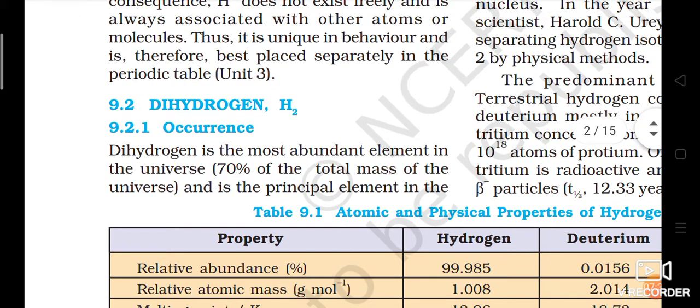Let's move on to occurrence of dihydrogen, that is dihydrogen H2. Dihydrogen is the most abundant element in the universe. This is a very, very important sentence. Many students get confused in this with the words universe or world or atmosphere. Dihydrogen is the most abundant element in the universe. Universe is the most important word which matters a lot there. Underline it. It is 70% of the total mass of the universe,